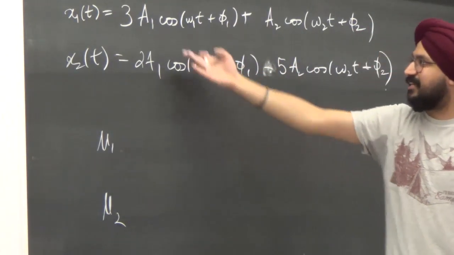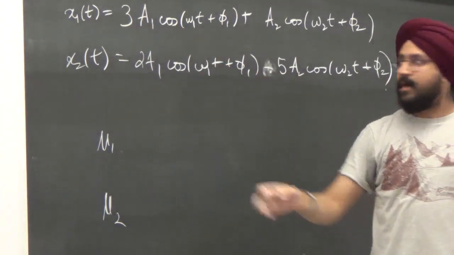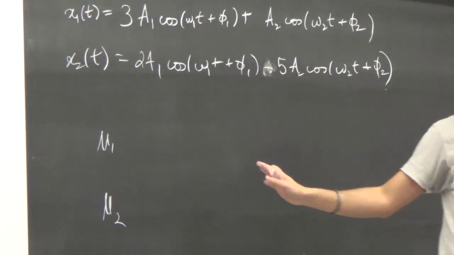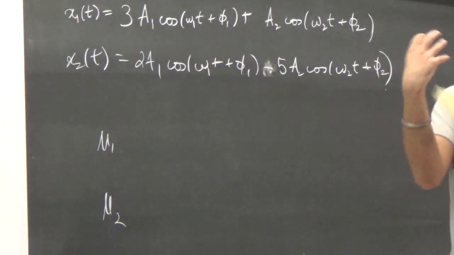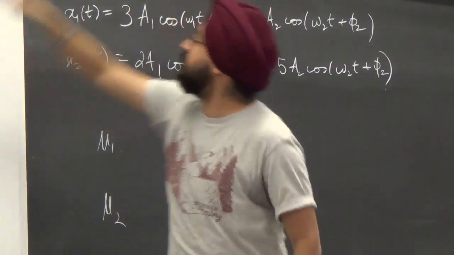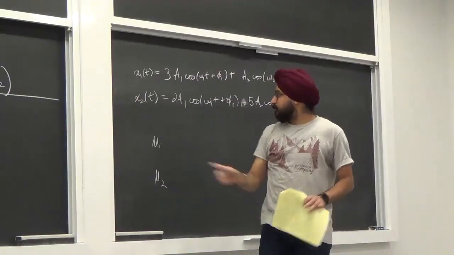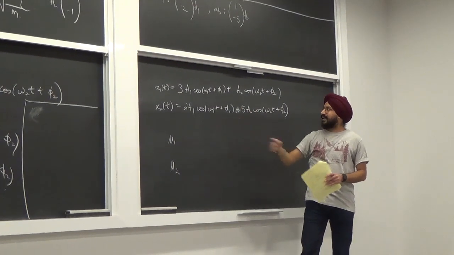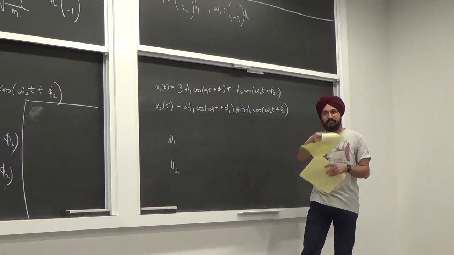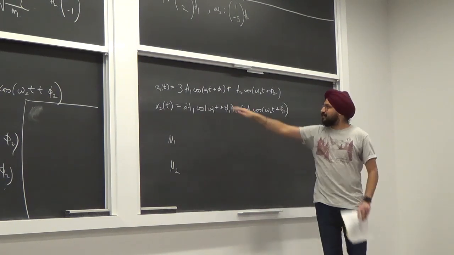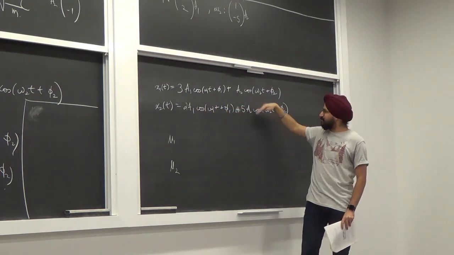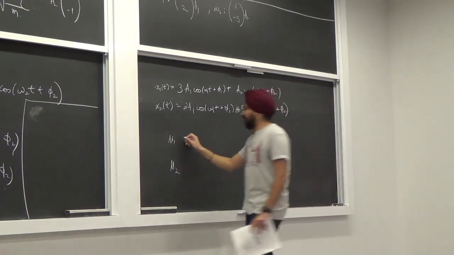So for u1, I can't just add them, doesn't work. I can't do a thrice this plus 2 this, doesn't work either. Do we all see that? What you would have misinterpreted was that there was a plus plus, hence you added it up, plus minus, subtracted it. No. What combination of these two gets rid of the omega 2 piece? I have the answer. If I multiply the first equation by 5 and add it to the second, the omega 2 piece cancels out.